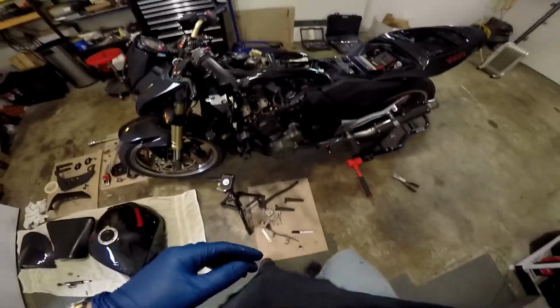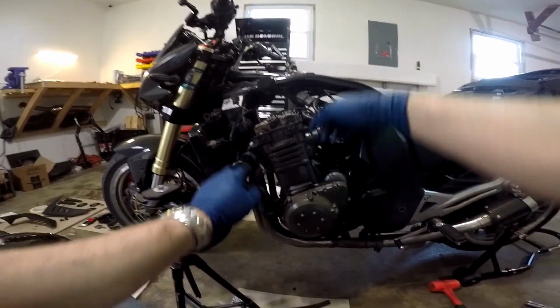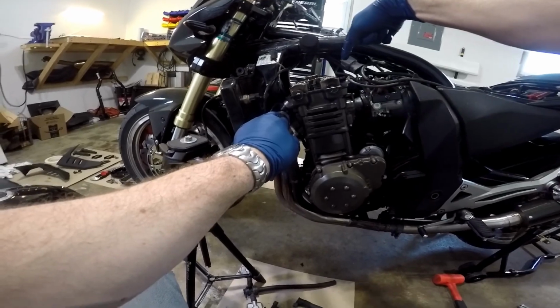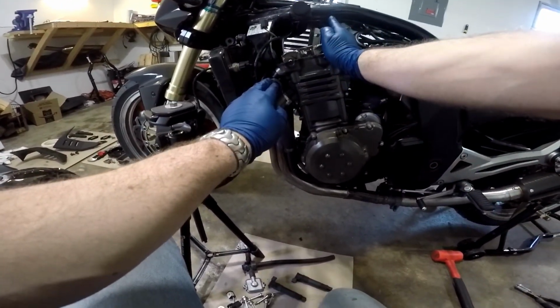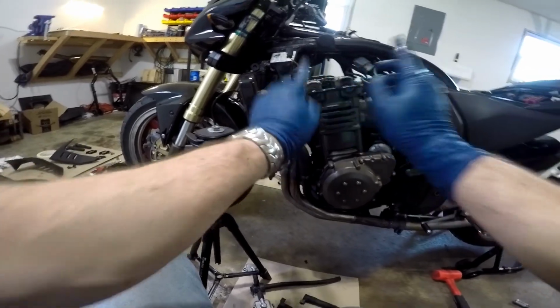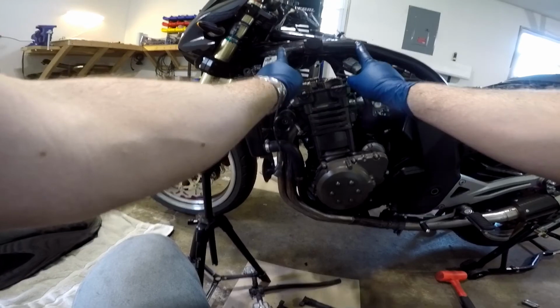So the target gap, when you do this job, you need to make sure that you treat these sides separately. When you check clearances, when you go to replace shims and do your math, do not do it in a zigzag fashion. You're supposed to do one whole row, one side, the intake side, and then switch over and do the other row, the exhaust side,